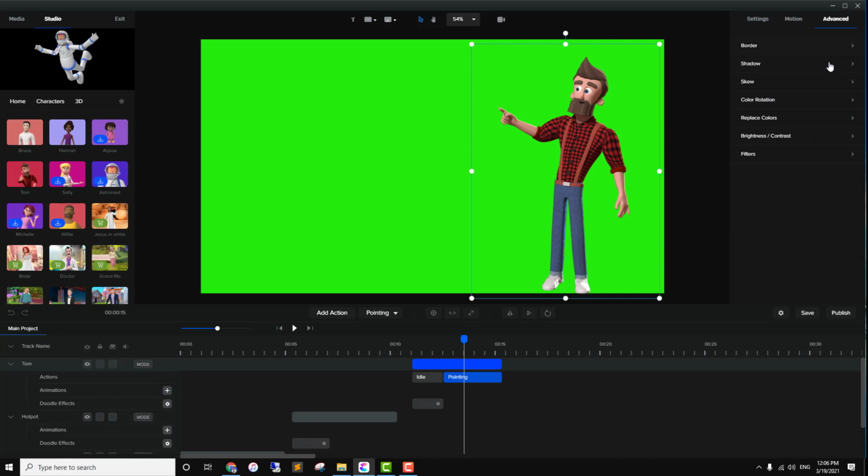So all you need to do is go to advanced after selecting this asset, then inside the replace color, click on add a new replacement, then color picker. So I will replace his shirt color. Not green, we can't go with the green. Okay, so this is maybe,